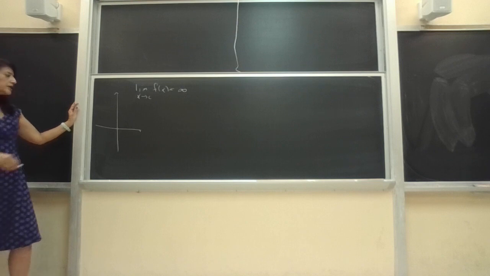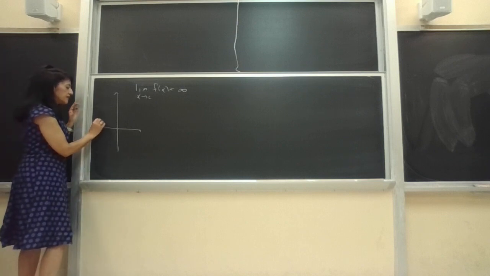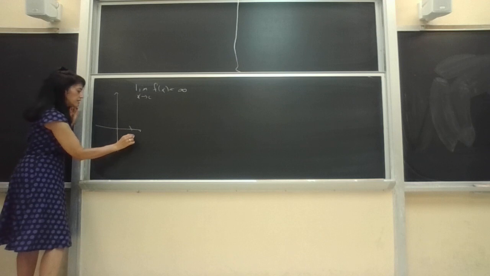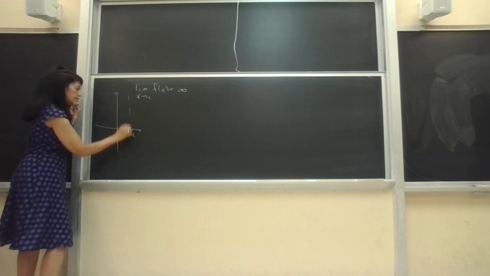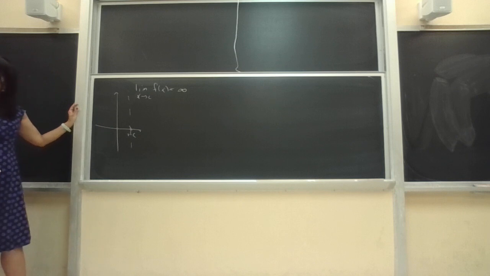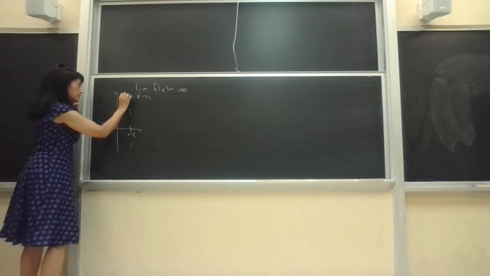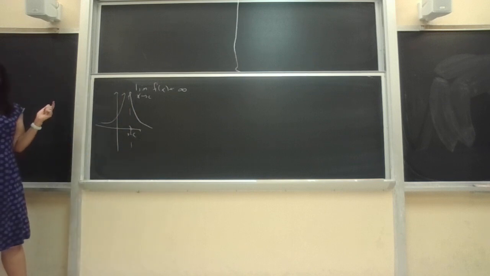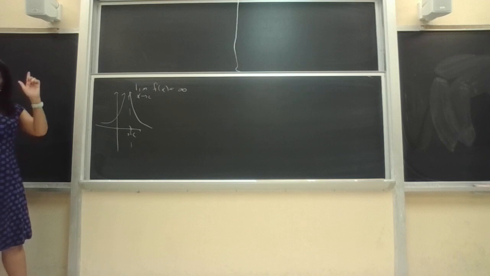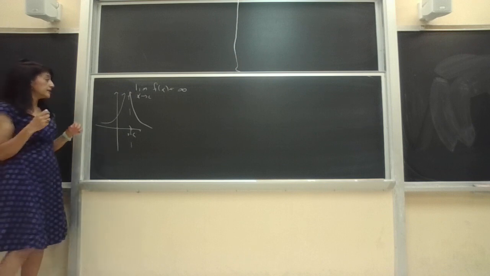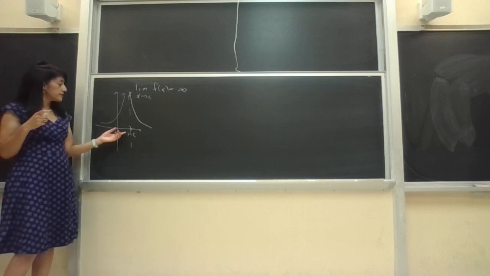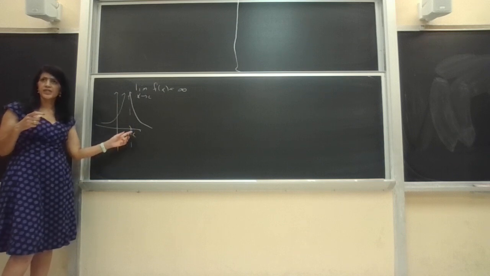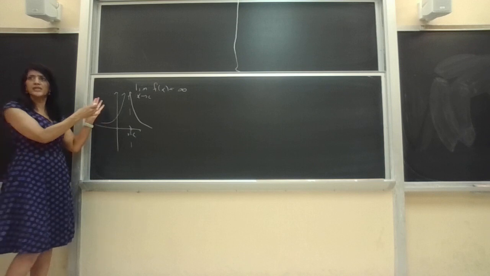If you think of something converging to infinity as x approaches c, the only way that can happen is if you have an asymptote right there. As you get closer and closer to c, it's going to go higher and higher. So the first step is to draw a picture to make sure you understand that. Could it wiggle? It could, but if it's wiggling and coming back down, it's not converging to infinity. So it has to do this in some way or other.